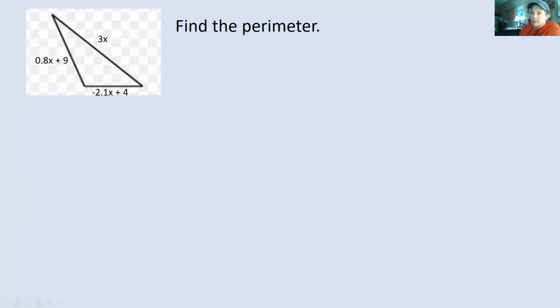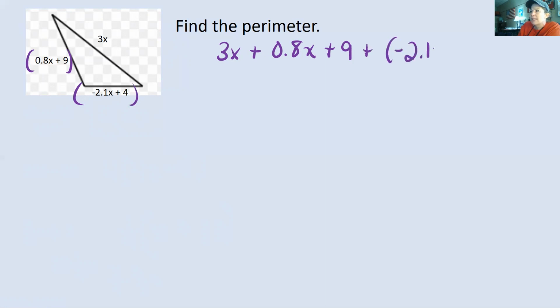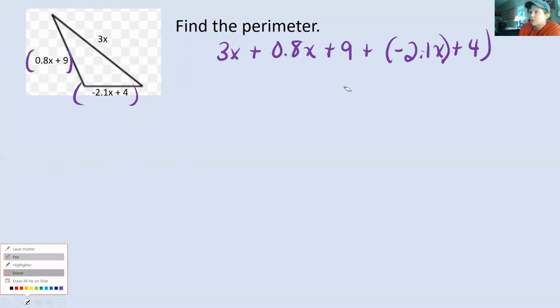All right, now on this problem, we're going to go around this triangle. To find the perimeter, we add all the sides together. So we're going to add the top side of 3x plus this side, which is 0.8x plus 9, plus the third side, which is plus negative 2.1x plus 4, or I could put the whole thing. It doesn't matter. I just want to make sure you know that adding a negative is the same thing as just minus. Let me just write it that way. I'll just write minus